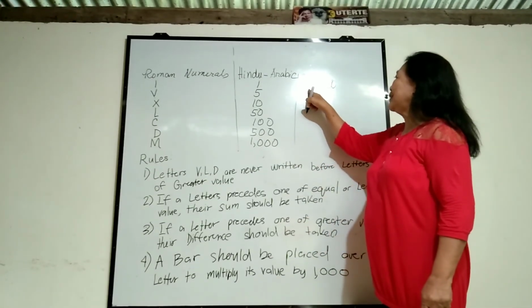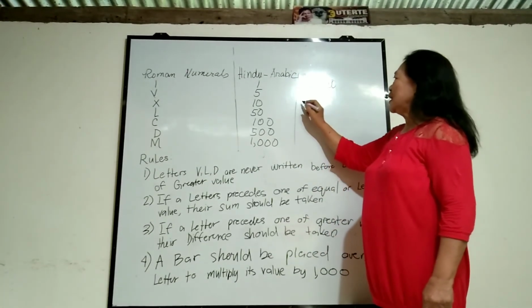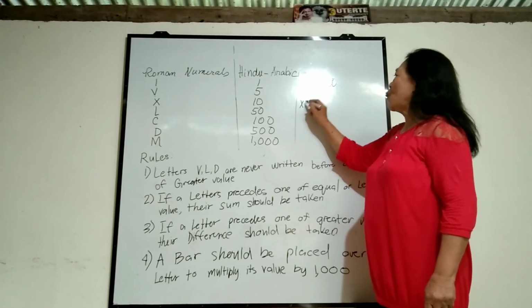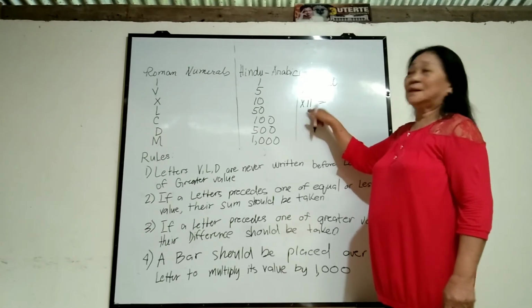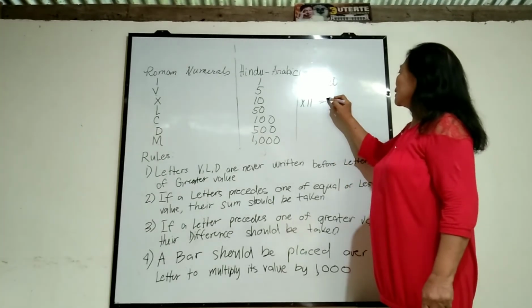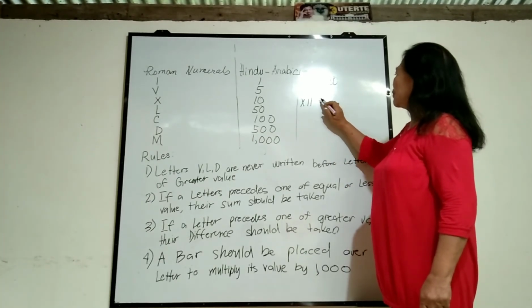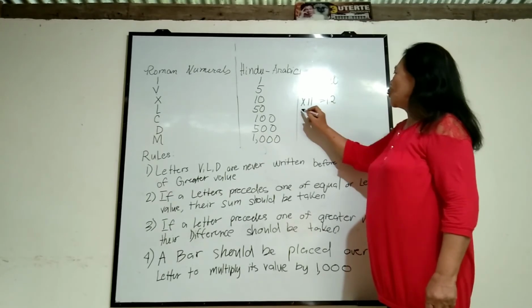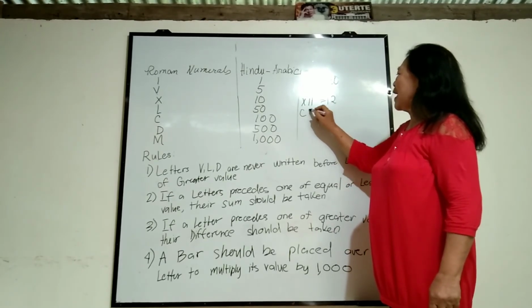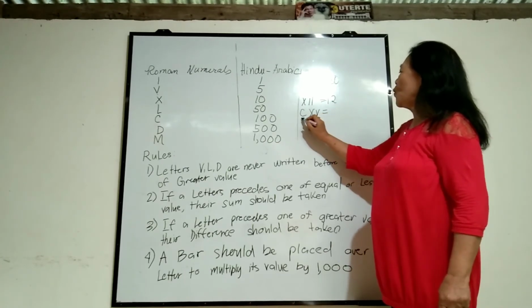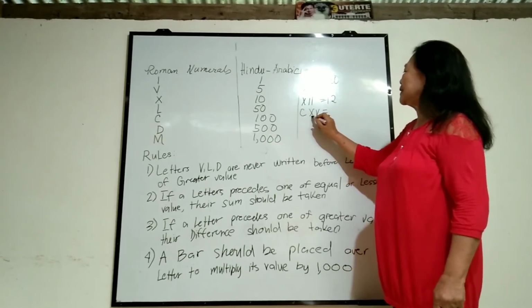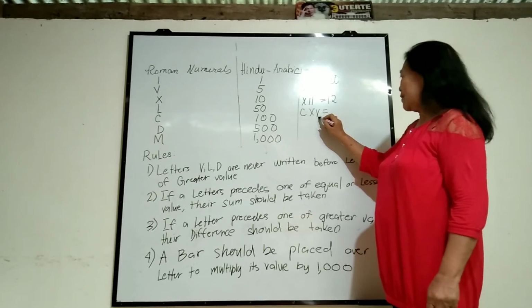If you have here X, 1, 1, so this is 10 plus 1 plus 1, 12. Okay, so if you have C, X, V, so you have 100 plus 10 plus 5,